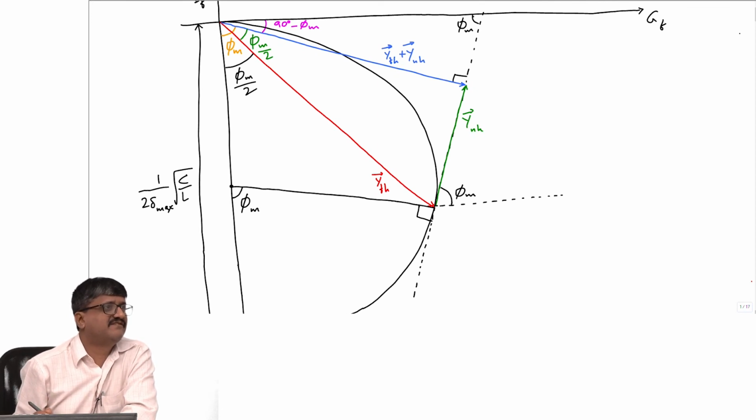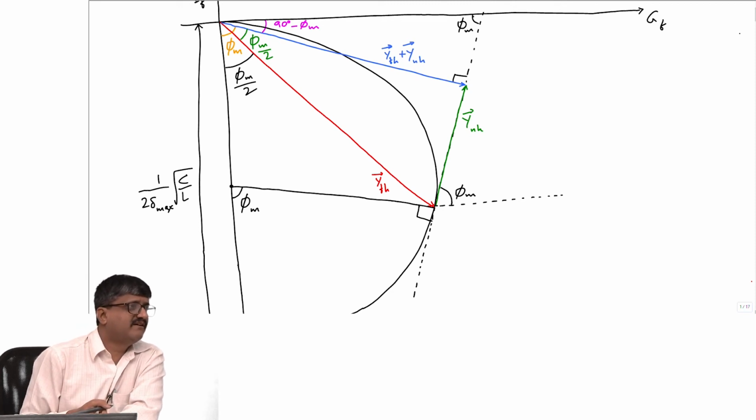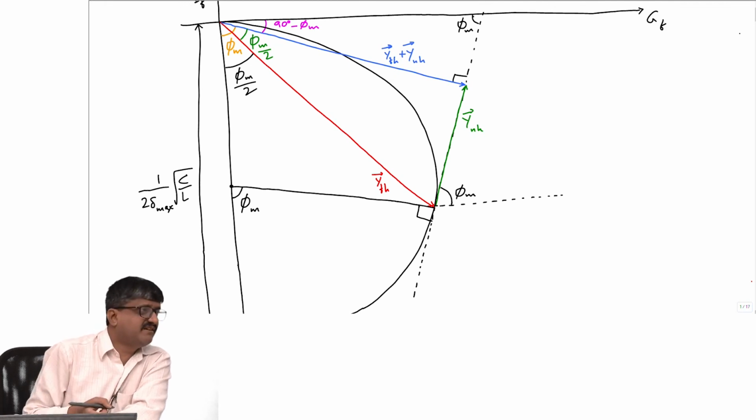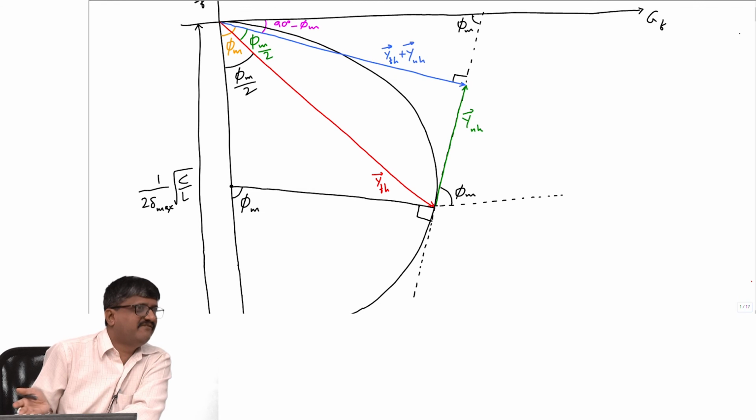How we get y of h? Can we get this semicircle? See, just now I said how to find. Delta max, we take the worst value. So, how do we get the semicircle? For drawing the semicircle, I need this diameter, no? So, do I know the diameter? Just now we determined root c by L. So, I know how to find the diameter, so I know how to find the semicircle.